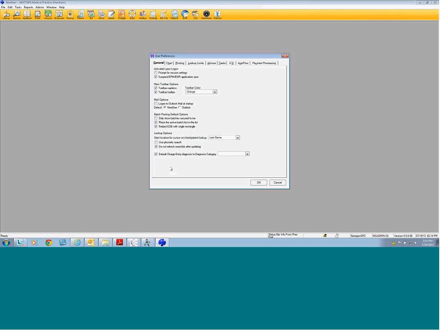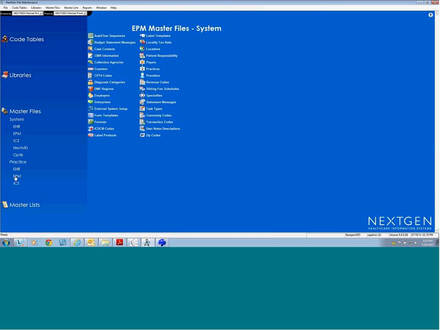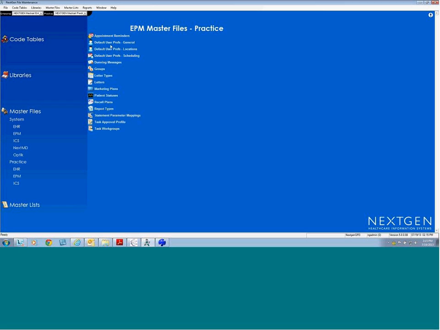If I turn this on in my user preferences and I select a diagnosis category from file maintenance, this is going to be my default. Remember, these are groupings of diagnosis codes in file maintenance, and I had created that one for fee tickets full of ICD-10 codes. By setting my preferences up this way, this is going to be my default diagnosis category during charge posting. So an individual user can do this themselves, or as we know, in file maintenance under EPM,